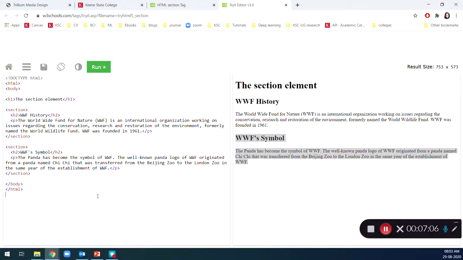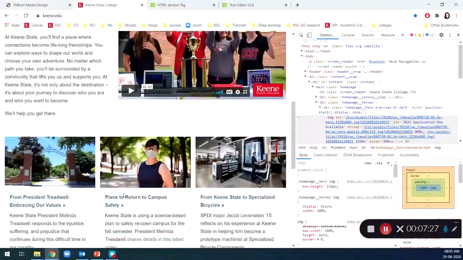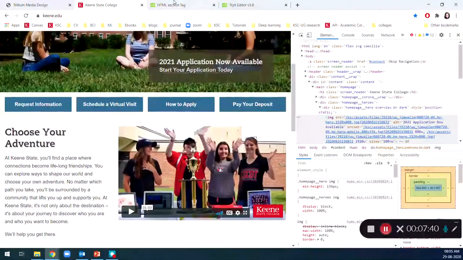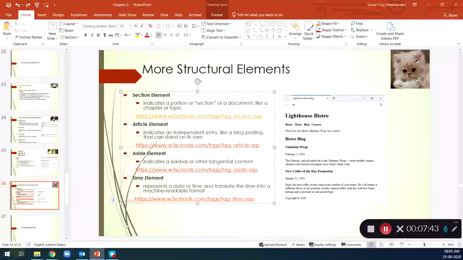This is a semantic representation that is easy to handle when you design your website using CSS. When you design the content, it will be really useful. So section is the semantic element that will help you structure the different sections of your web page. For example, take a college website: you can wrap it up as different sections. These sections are not related to one another, so each could be represented as a separate section. So you can use section as a semantic element.